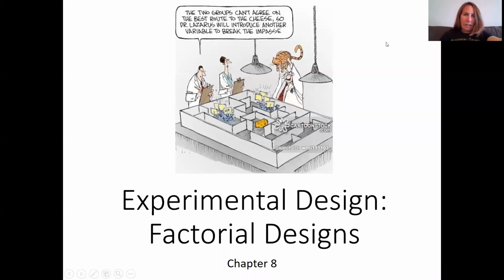All right, BNS 210, let's get back to factorial designs. Today we're going to talk about interactions, okay? And we're going to use this information to get us into ANOVA and thinking about ANOVA and talking about factorial